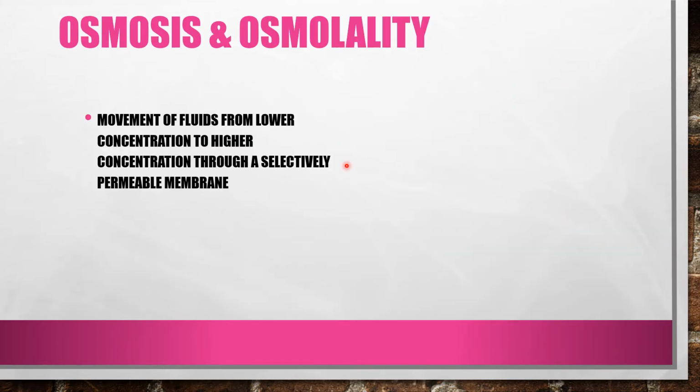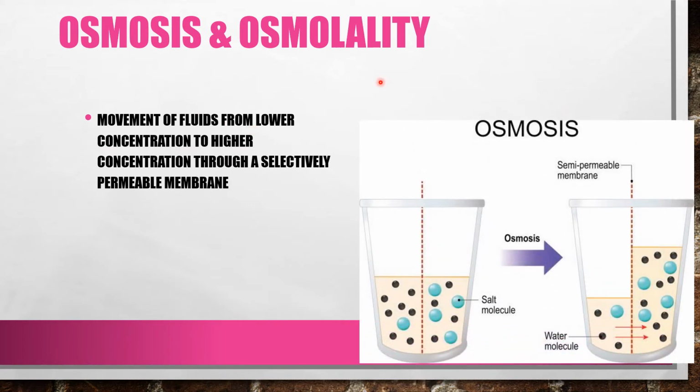Okay. This one is osmosis and osmolarity. Osmosis is like diffusion, but in diffusion, the fluid is transported from high concentration to lower concentration, crossing the cell membrane. Here, this is the movement of fluids from lower concentration to higher concentration through a selectively permeable membrane. I already told you that